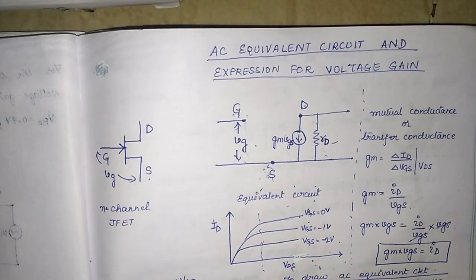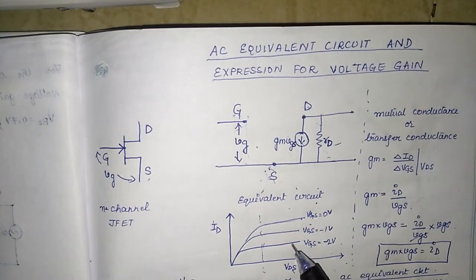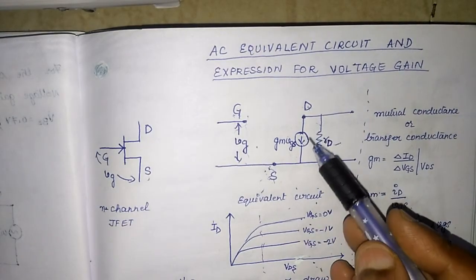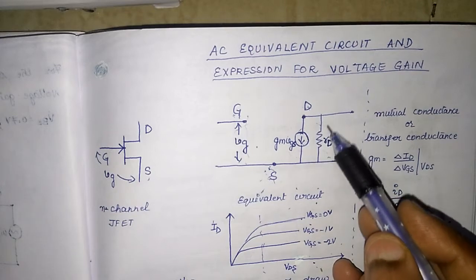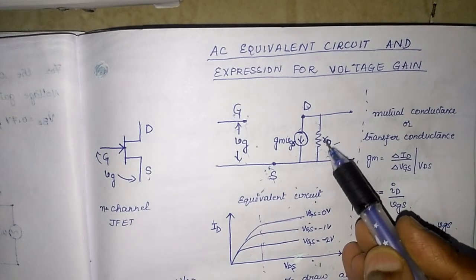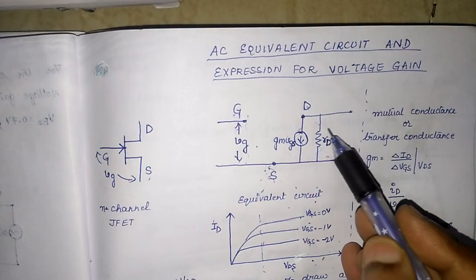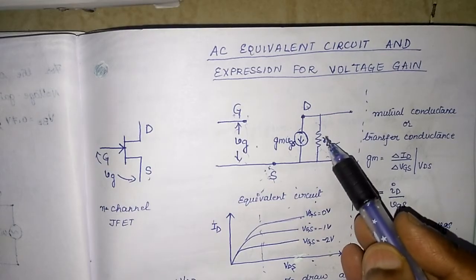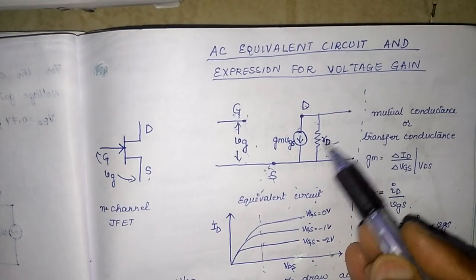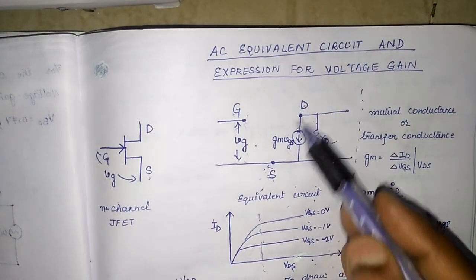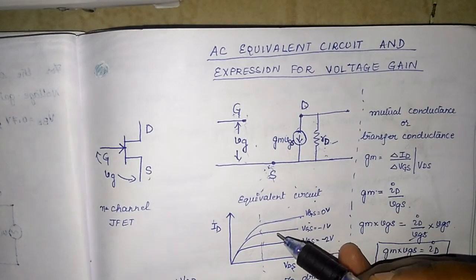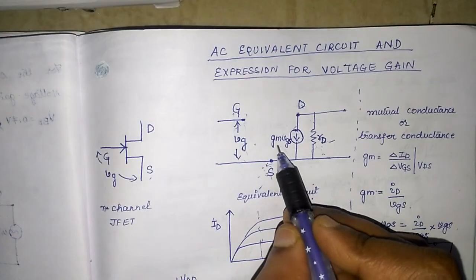So what is the definition of a constant current source? A constant current source is one whose output current remains a constant irrespective of changes in voltage across it. Because of this characteristic, the drain to source junction is replaced by a current source with a resistance in parallel. See students, we have represented it in lower case, so this is not an external resistance. This is an equivalent internal resistance between the drain and source of the JFET.